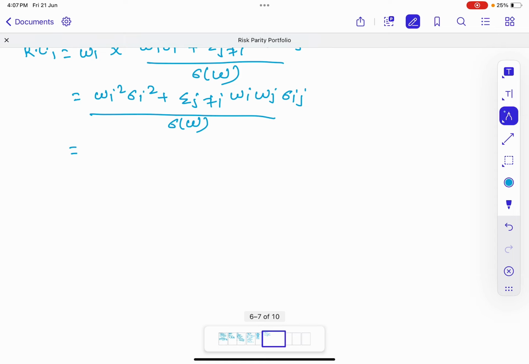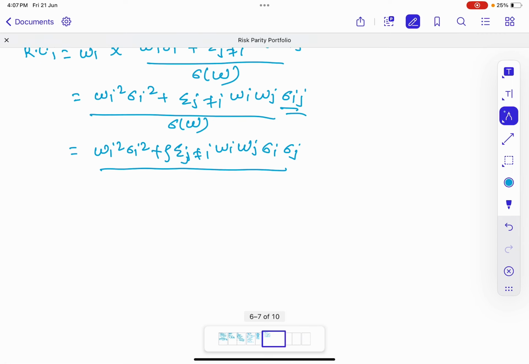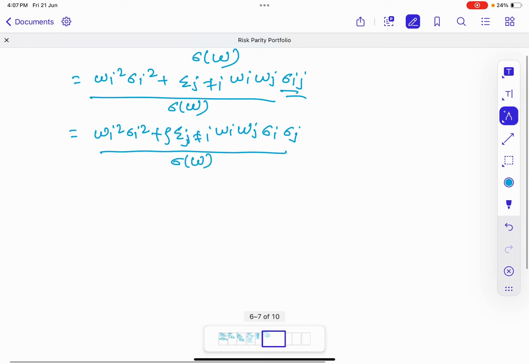Now let us try to see it like this. This term is nothing but omega i omega j times the covariance. This will be equal to rho, which is constant and will be taken outside, times sigma i sigma j, right? This is the covariance term that I have written here. The covariance term is nothing but the correlation times the standard deviation of asset i times the standard deviation of asset j. Okay, and then this is the risk term. Now this is for all j not equal to i, right?